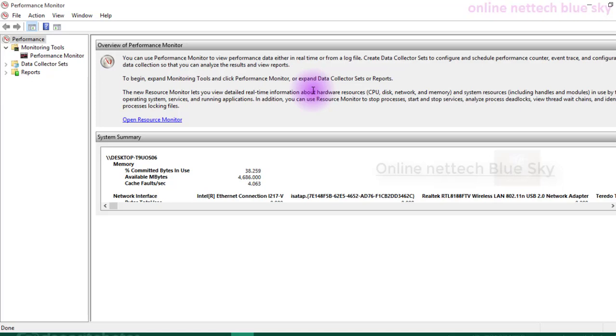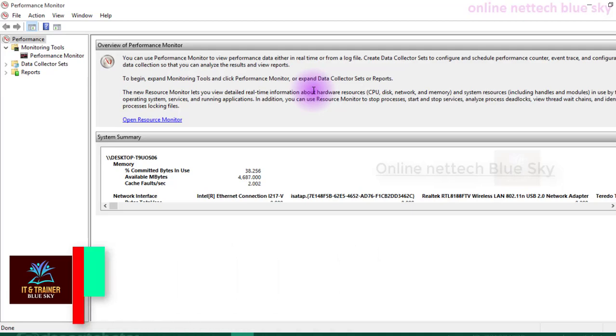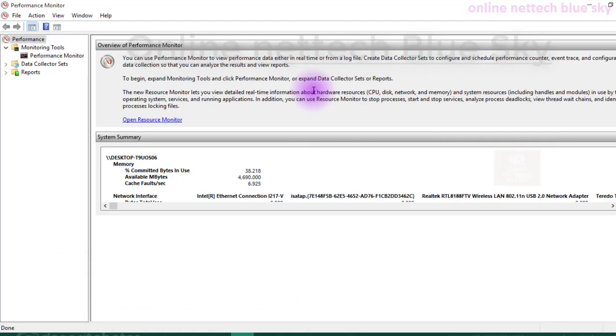Okay, to begin, expand Monitoring Tools and click Performance Monitor, or expand Data Collector Sets or Reports. The Resource Monitor lets you view detailed real-time information about hardware resources like CPU, disk, network and memory, and system resources including handles and modules, which are in use by the operating system, services and running applications.